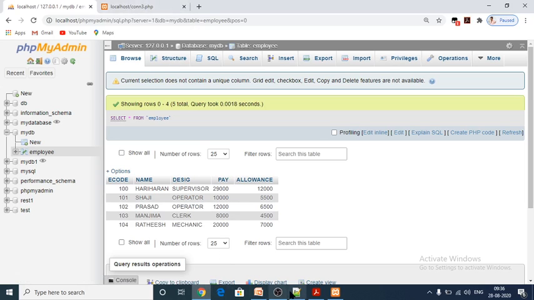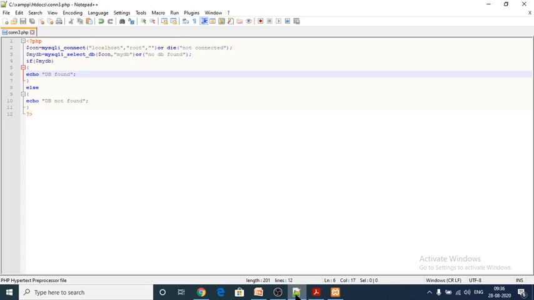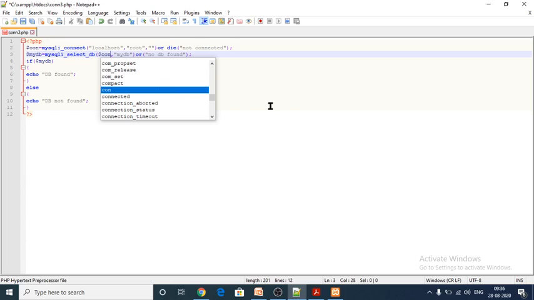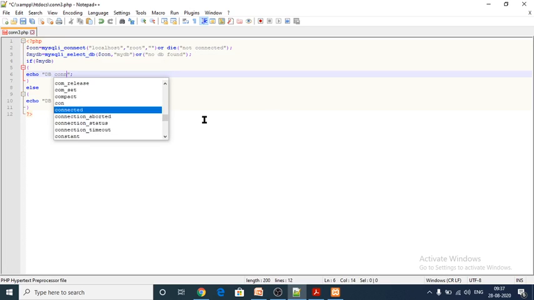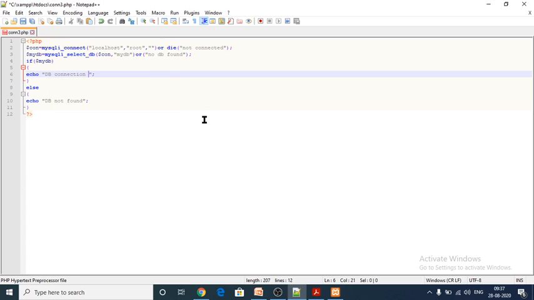So next one, again, to establish the connection. This was to check whether the database is available or not. Now let me give the message: DB connection established.